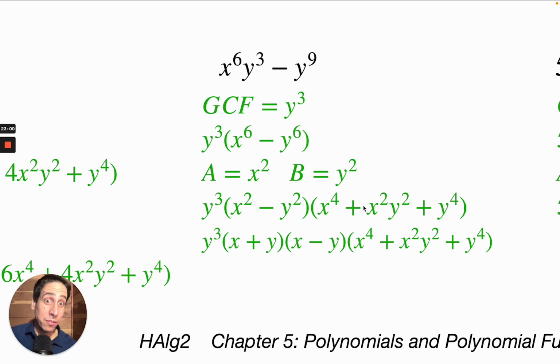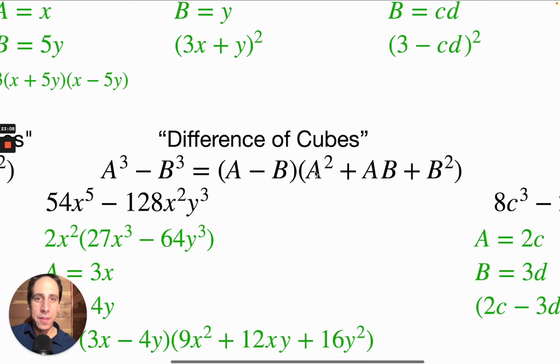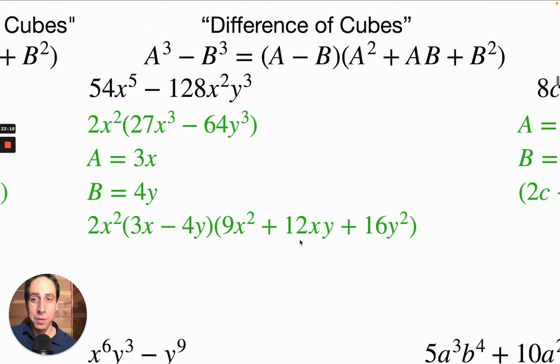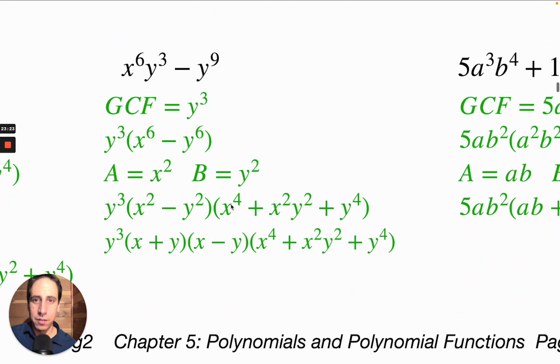If there were a 2 in front, we'd be able to factor it. I should have mentioned this earlier: this portion of the formula looks a whole lot like a perfect square trinomial, a squared plus 2ab plus b squared. But notice there's no 2. And since there's no 2, you really can't apply the formula to it. So x to the 4th plus,